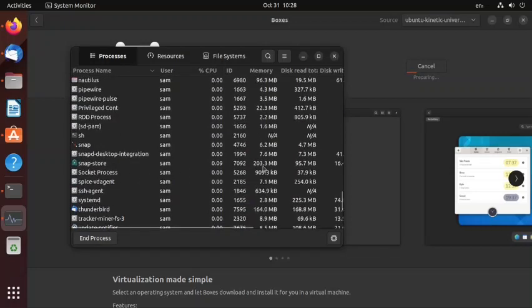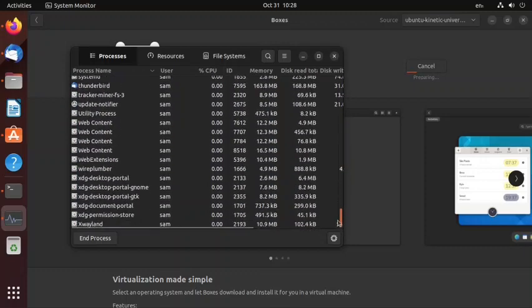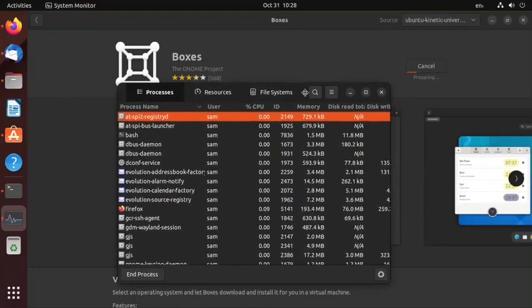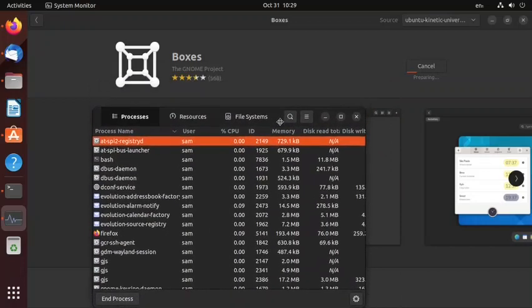Snap Store is using 203 MB. Thunderbird is using 163.8 MB. So that is all typical memory usage, nothing wrong in that. I think definitely this is an improvement over the earlier two LTS versions and even the earlier rolling release version